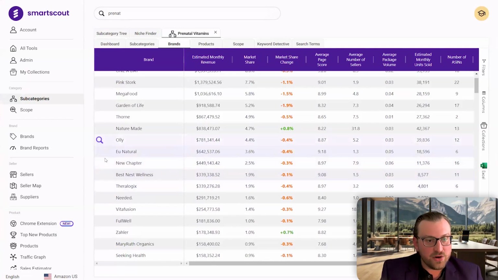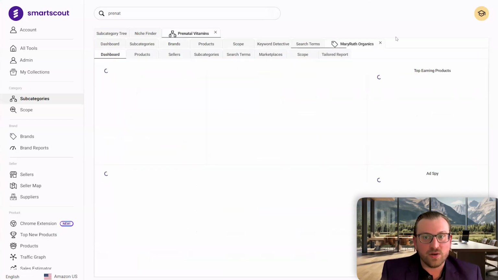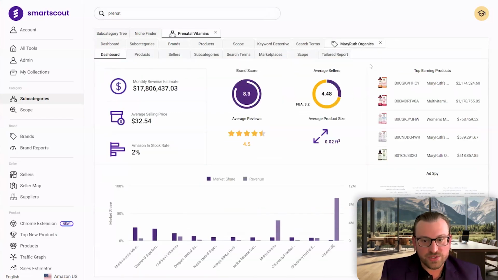So from here under Mary Ruth, I can get in and I can check out, okay, what other categories are they selling? It looks like they're selling in various supplement categories. Well, this is actually an enormous seller, about $20,000 a month on Amazon. However, this isn't a supplement space, so you will see numbers like this.